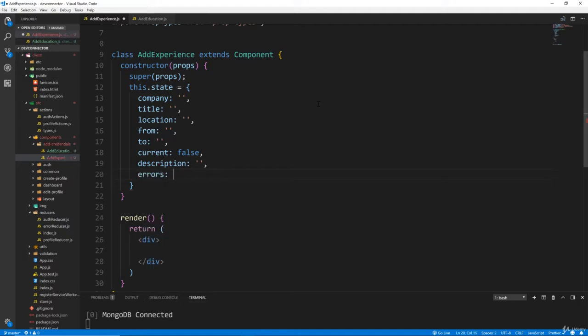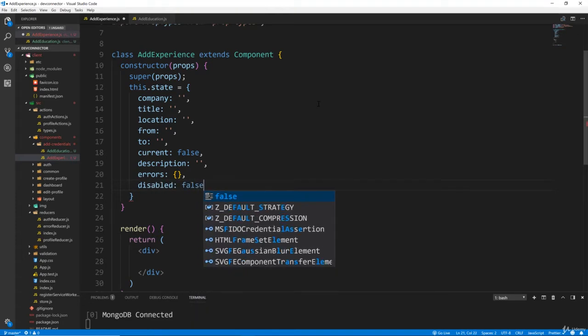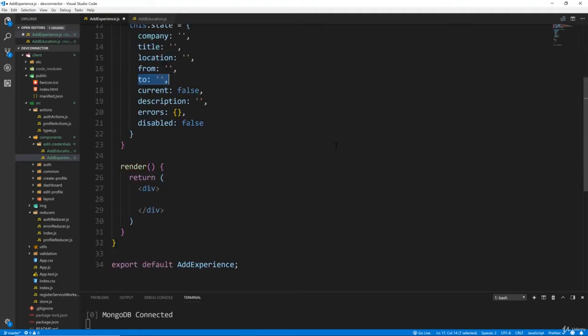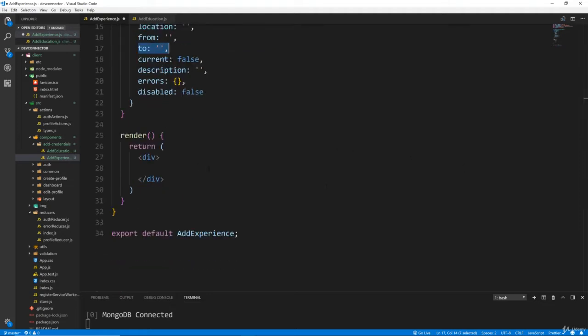Errors should be an object, and then we're also going to have disabled. All right, which will be set to false, because if they click the current checkbox, then I want disabled to be true. And what that's going to do is it's going to black out the to field if they check current. So now what we'll do is go down to our render,